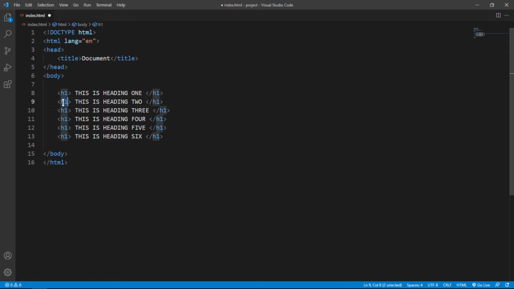By the way, with Ctrl D, you can select the next occurrence of the selected text. Let's type in here h2, and then I'm going to call it h3, Ctrl D, h4, h5, and this will be